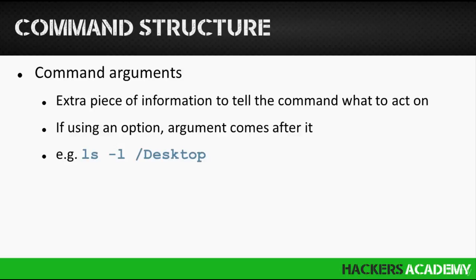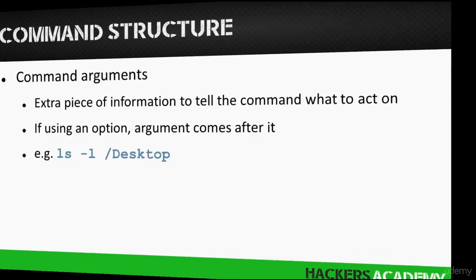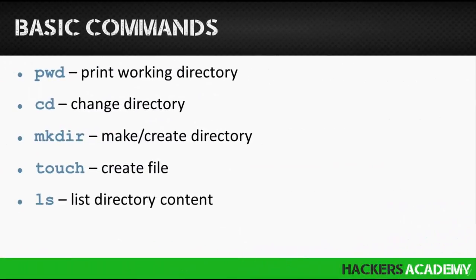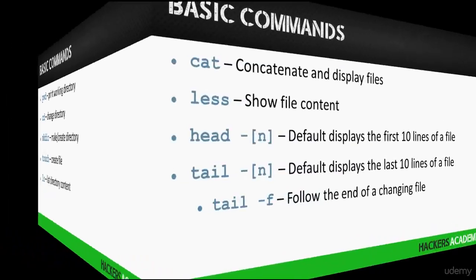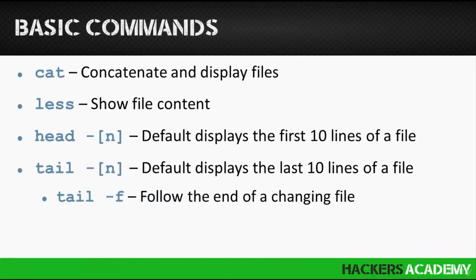So here are the basic commands that we're going to be exploring in this section. pwd, which stands for print working directory, cd, which is change directory, mkdir, which is to make or create a directory, touch, which we use to create a file, ls, which is a command that we use to list directory content. We're going to be also looking at the cat command, which means concatenate or display a file's content,